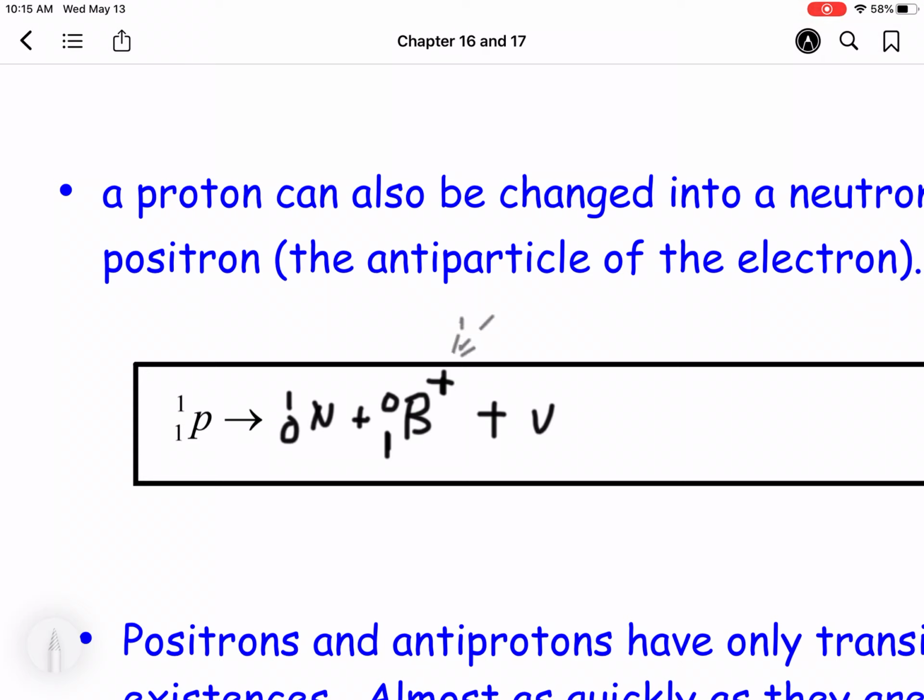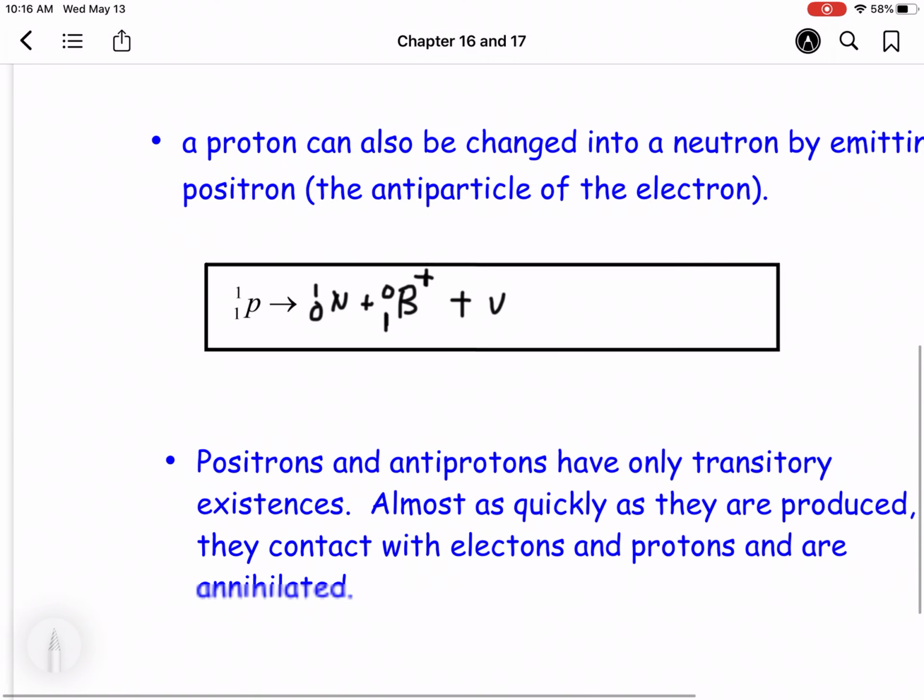Okay, we call this beta positive decay, and we give off a neutrino. So beta negative gives off an antineutrino, beta positive gives off a neutrino. Something I'm probably not going to be a stickler on if you missed that. Okay, so